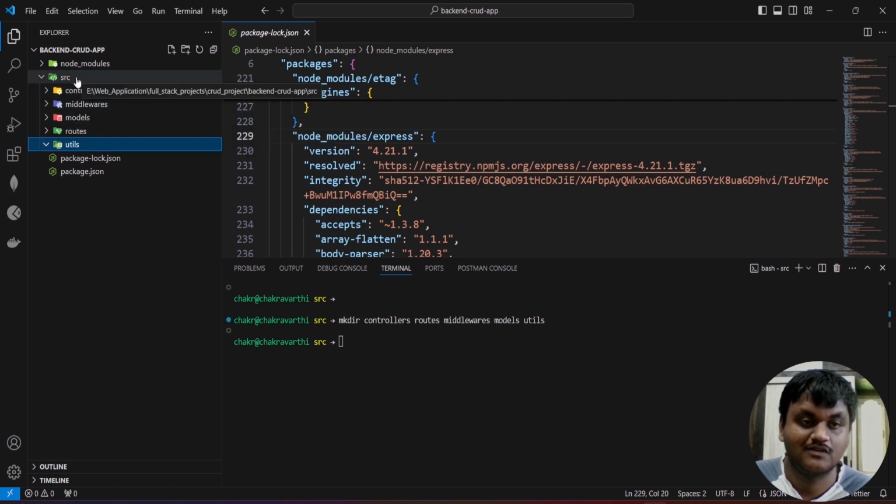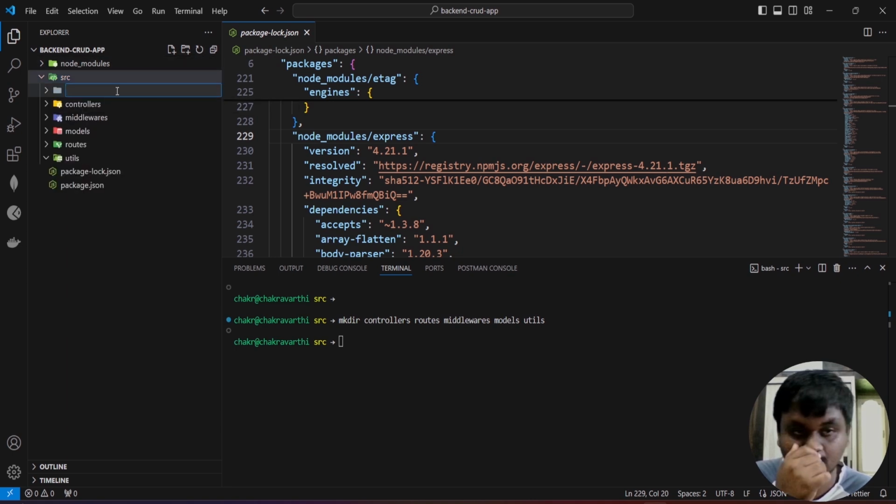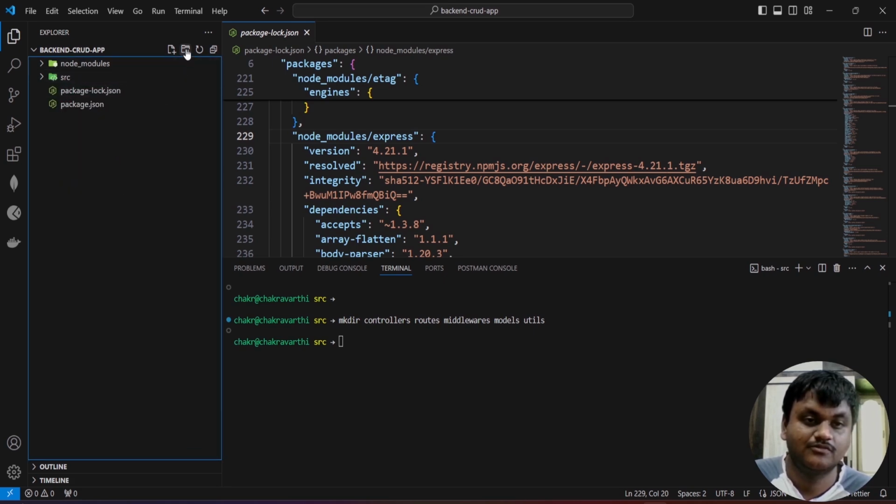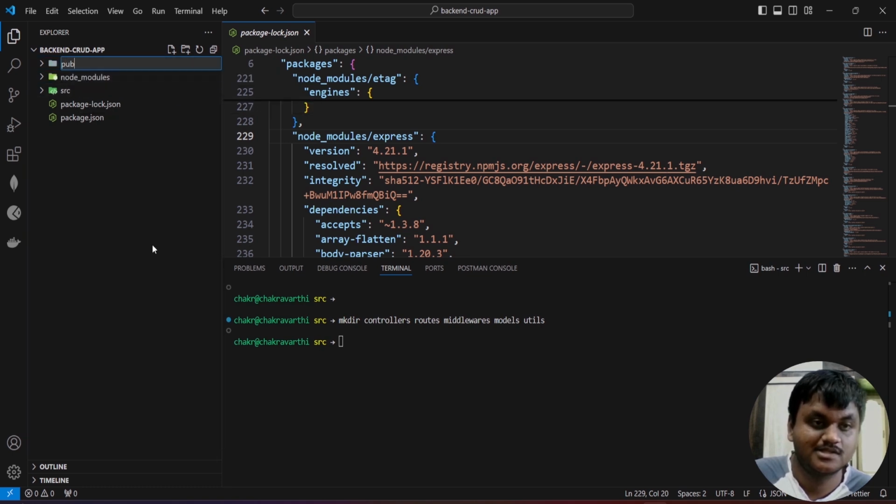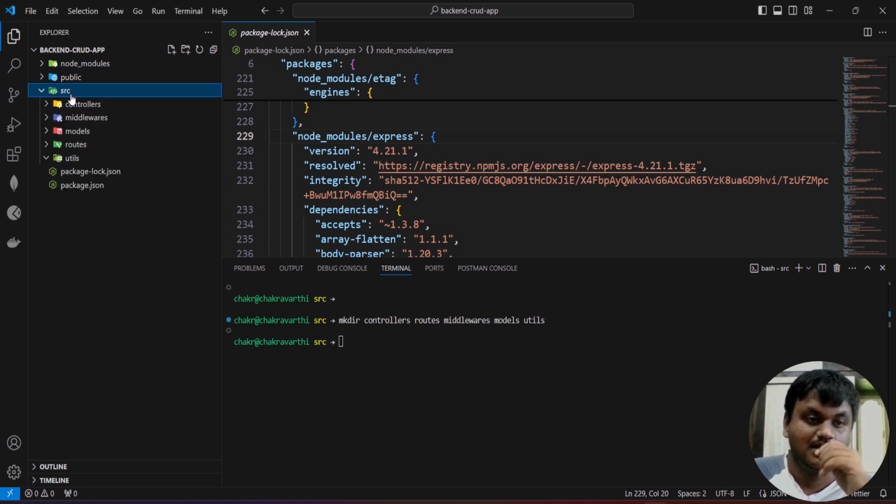Or you can create them manually also. Click here and give the name for the others, like images. I'm going to create one more folder here at the project level, that is public. This is the project. In this, if you go to the controller section,